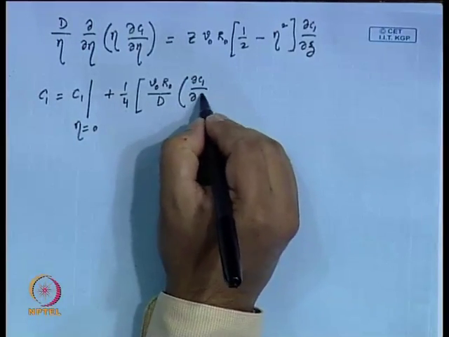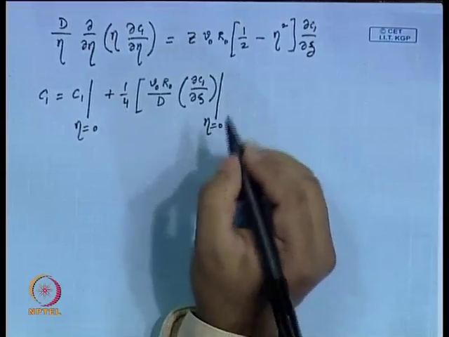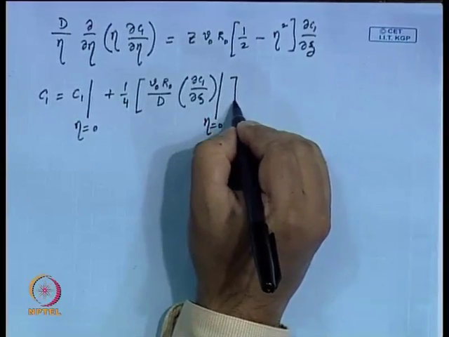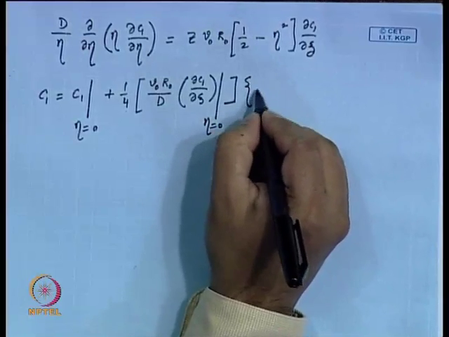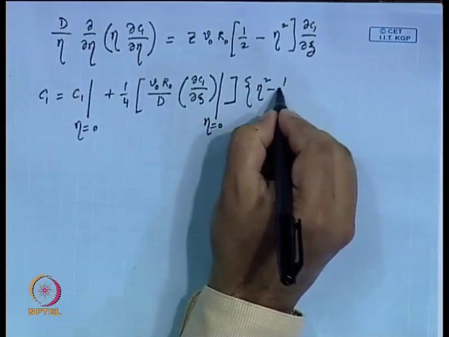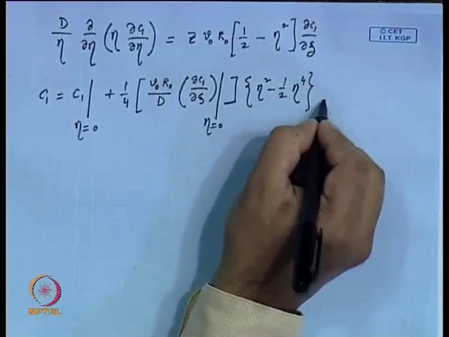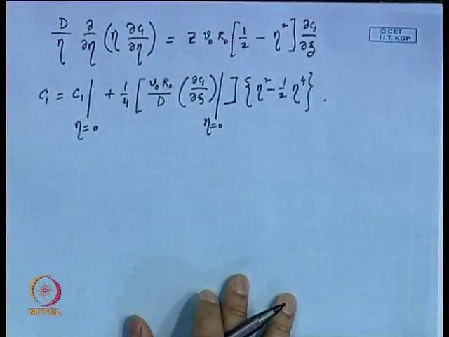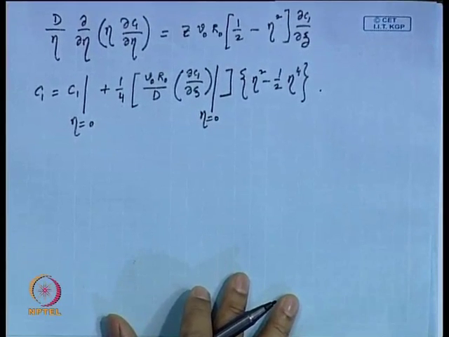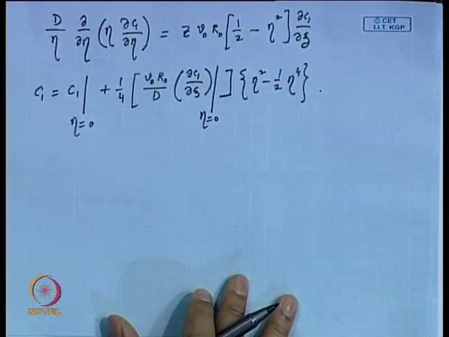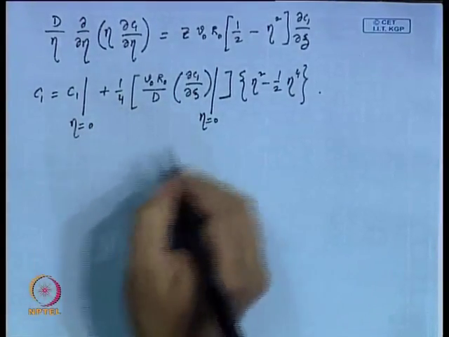del C1 del zeta at eta is equal to 0 into eta square minus half eta to the power 4. This is considered a solution to this equation that satisfies the boundary conditions described before, and then you calculate the